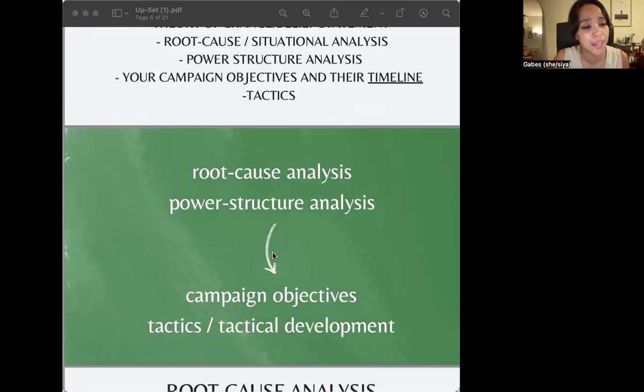And we need these names. We need the names of the people of authority, of the people in power. We need to know who they are, the extent of their influence in relation to our goal. We need to know what or who keeps them in power. We need to know how we can get them to meet our demands. And with long-term grassroots organizing, it is strategically more impactful to start with a root cause analysis and power structure analysis